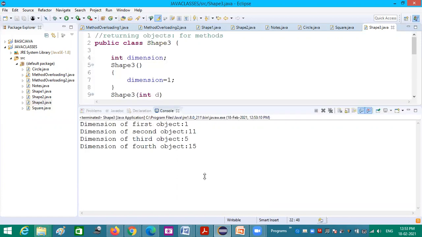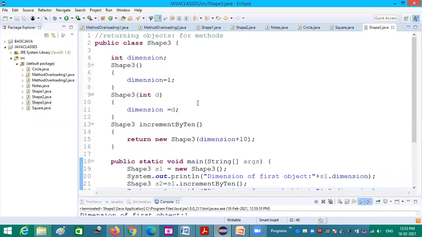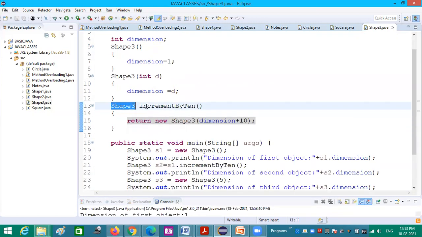Okay, so this is one simple example to show how we return an object for any method. So we cannot return an object for a constructor because constructors should not have any return type. By default, the constructor is implicitly returning an object. So that point I am coming to now.